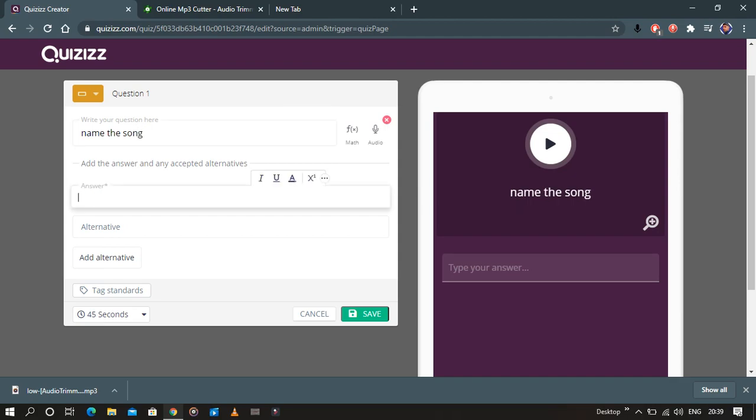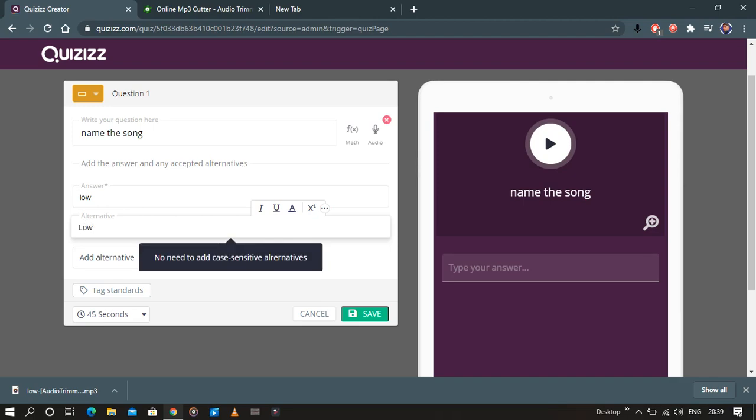So in the alternative I will give the song name as Low. And the other thing is that if you have kept one answer as low, there is no need to keep answers like capital L O, because this is not case sensitive. Okay? Because this is not case sensitive.